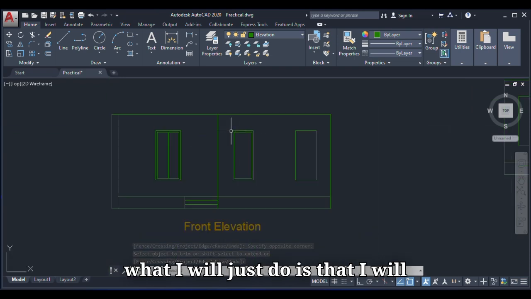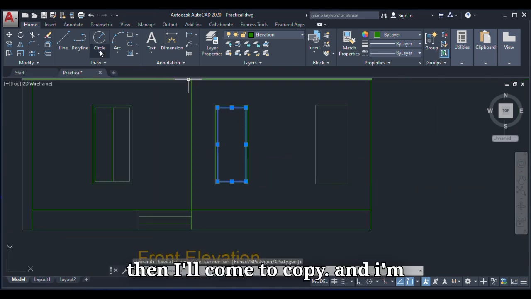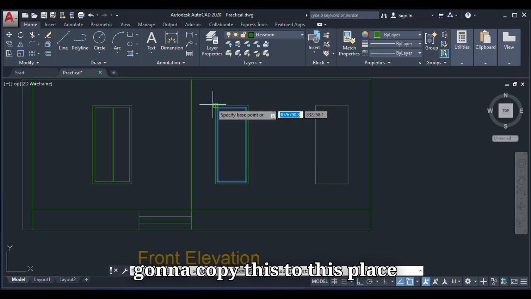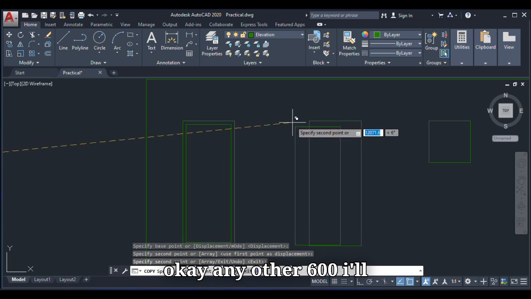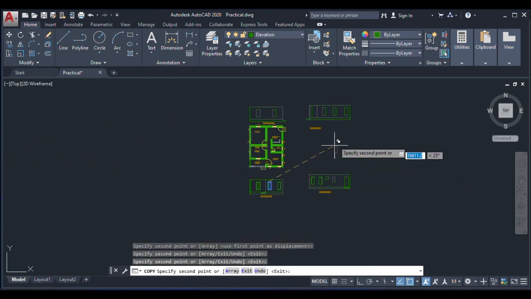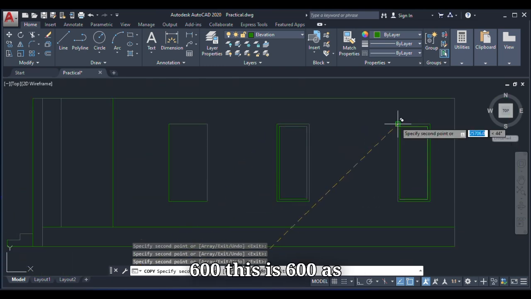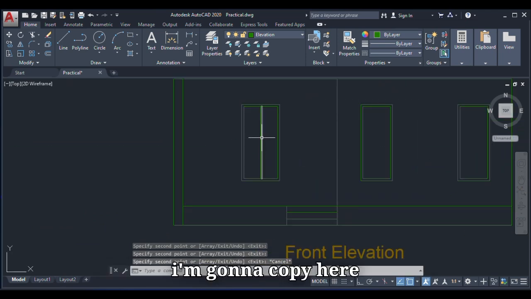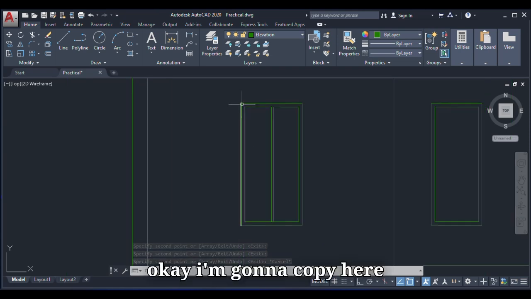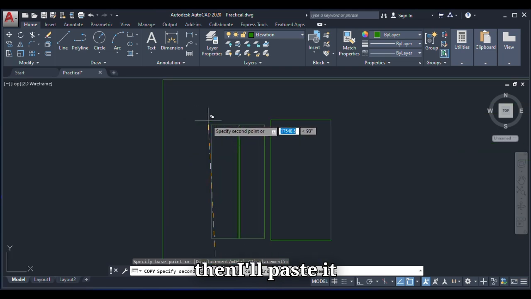So what I will just do is select this, then I'll come to copy, and I'm going to copy this to this place. Any other 600, I'll copy it. This is 900, this is 600, this is 600 as well, this is 900. So I'm going to escape. I'm going to copy here. Okay, I'm going to copy here. I'm going to come here, then I'll paste it as a